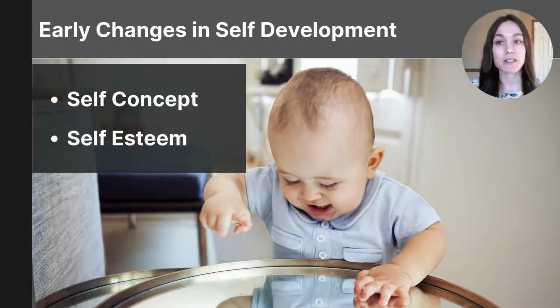At around 6 months of age, infants show early signs of self-awareness as they begin to reach out. They'll notice their image in the mirror, and they might treat it like another child. At the ages of 15 to 18 months, infants will begin to recognize the image in the mirror as themselves. If there is a spot on their face and they see it in the mirror, they'll understand that it's on their own face.